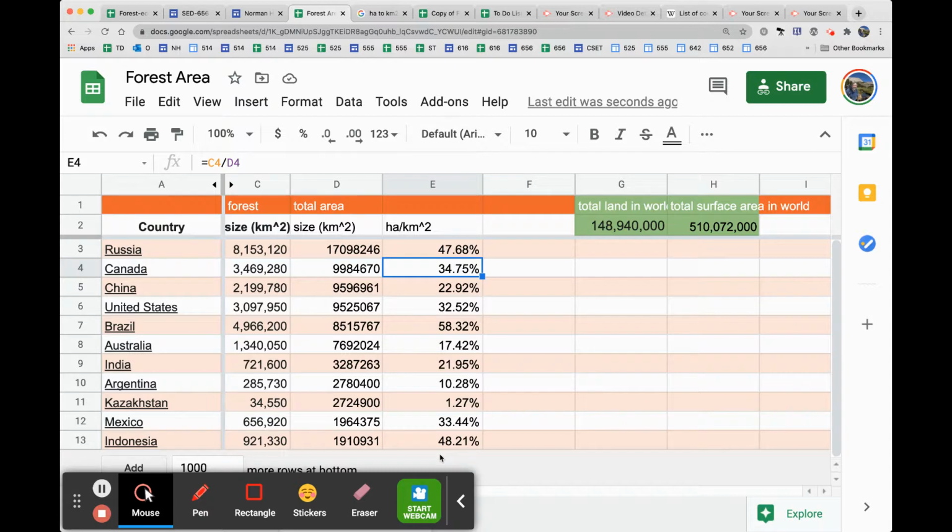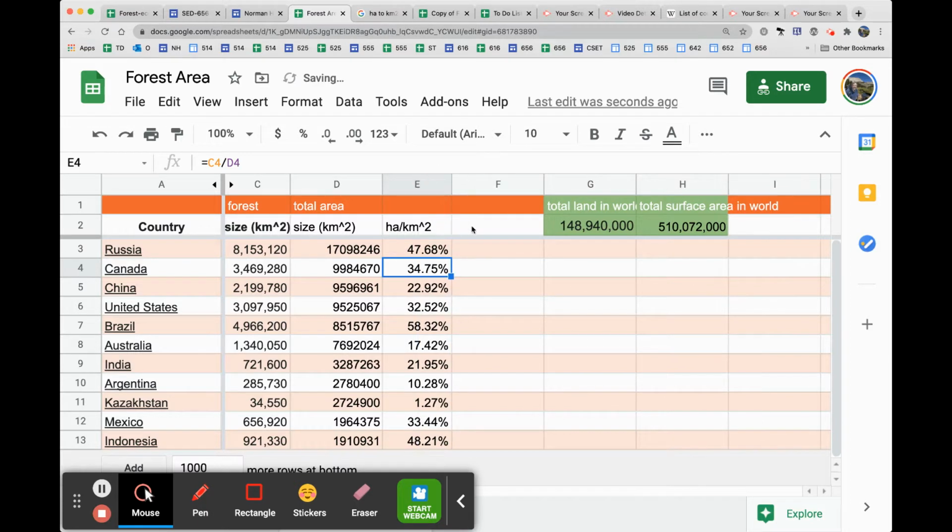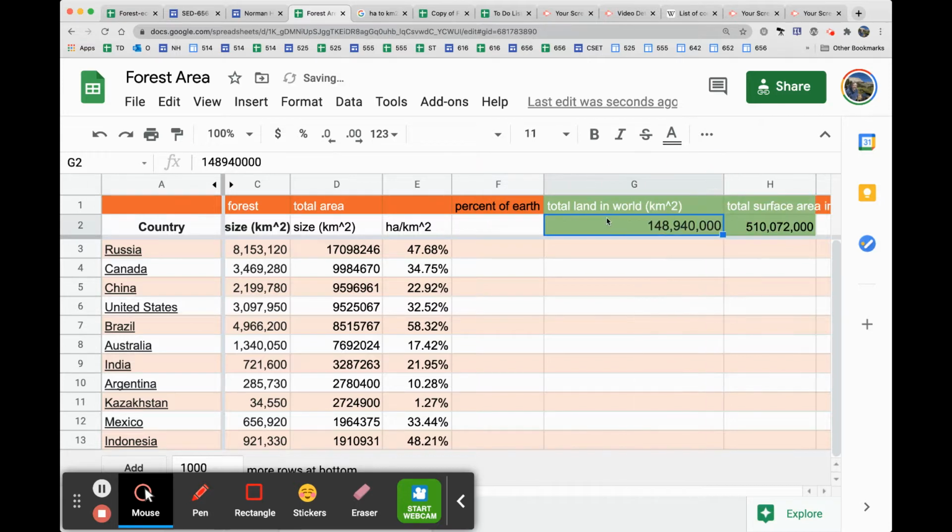Now, that would be an example of when we use a relative reference. Now, an absolute reference would be, how about if you wanted to say what percentage of the total land surface in the world is forested in any particular country. So we're going to say here is that percent of Earth. So now we want to reference everything with respect to this value here, which is the total land mass in